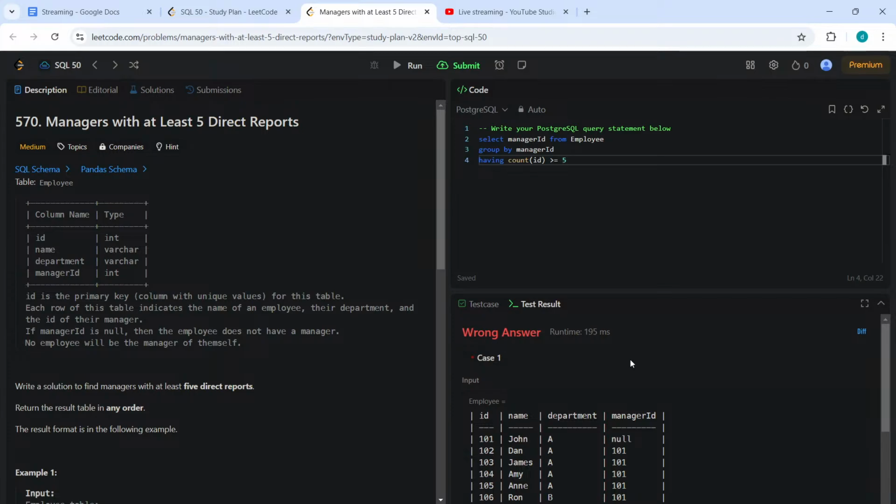Yeah. Name doesn't work because these are employees, you know, not managers. And then okay, cool. So when you need a self-join at least. Okay, cool. So